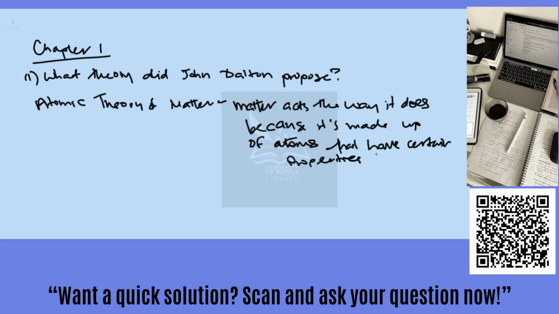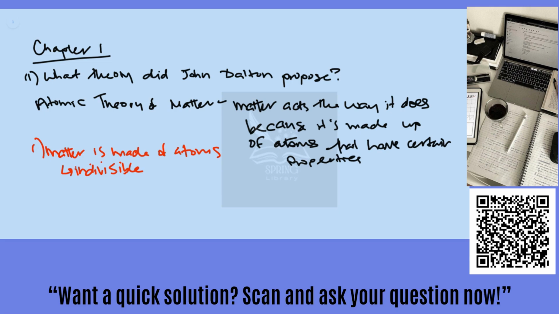So the major tenets of his theory is that, as I just said, matter is made up of atoms. And those atoms are, according to his theory, indivisible. So since then, scientists have actually discovered that atoms, of course, are not indivisible. They're made up of even smaller components, like protons, electrons, and neutrons.